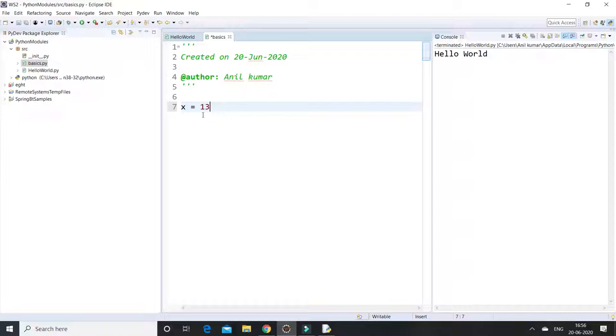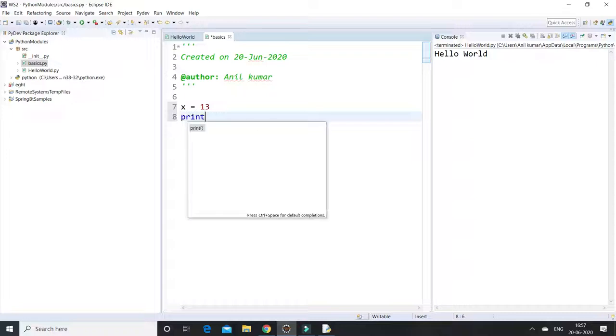Based on this data type, the memory will be allocated to the particular variable. If you want to know whether this is an integer data type or a float data type, we can use the type method provided by Python to check the data type assigned to a particular variable, whether it is an integer, a float, or a string.